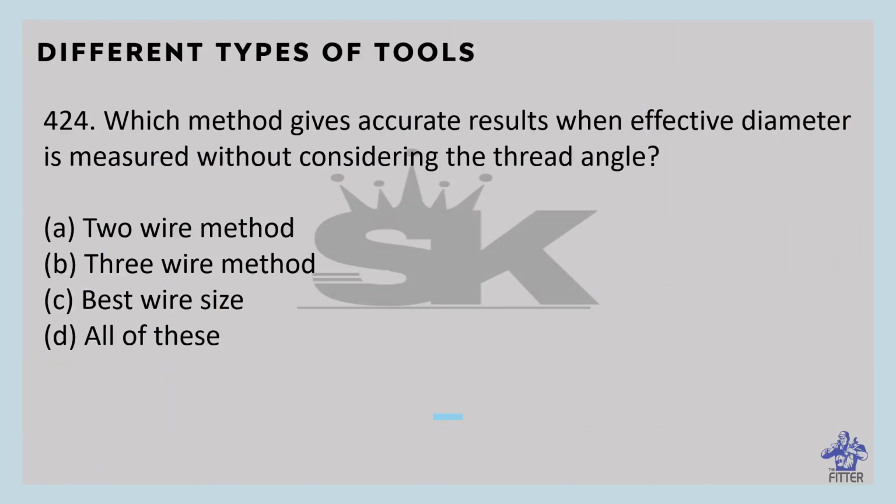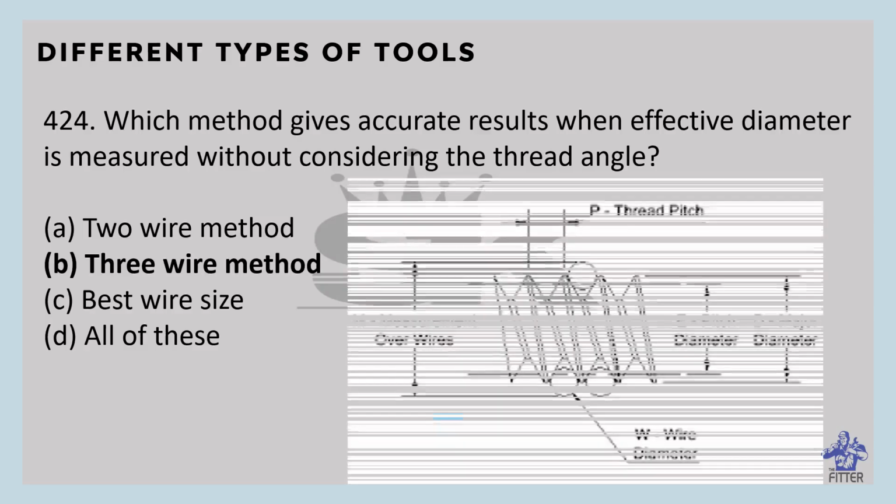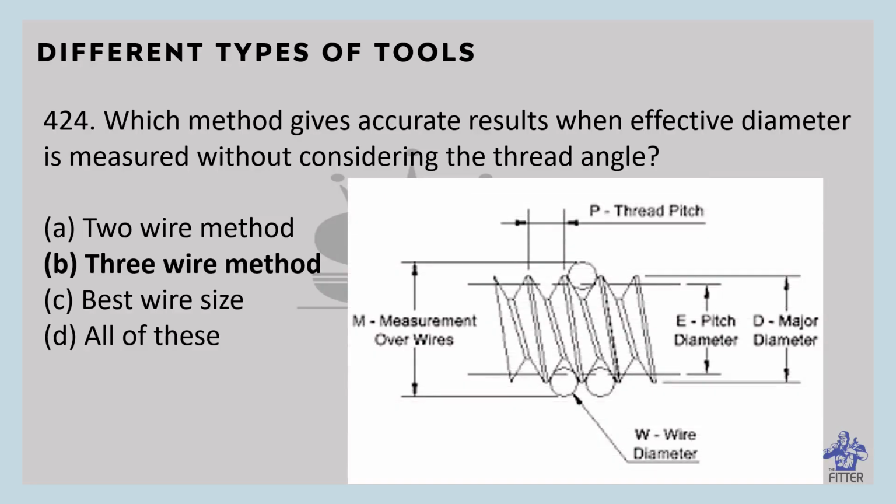Which method gives accurate results when effective diameter is measured without considering the thread angle? That is three-wire method. You can see here in the image, this is the three-wire method. So the three-wire method gives accurate results when effective dia, that is pitch dia, is measured without considering the thread